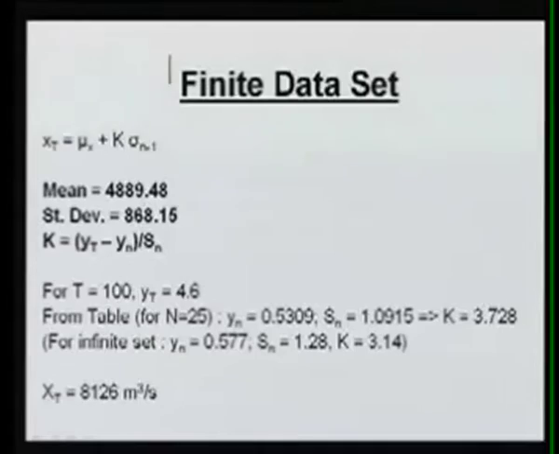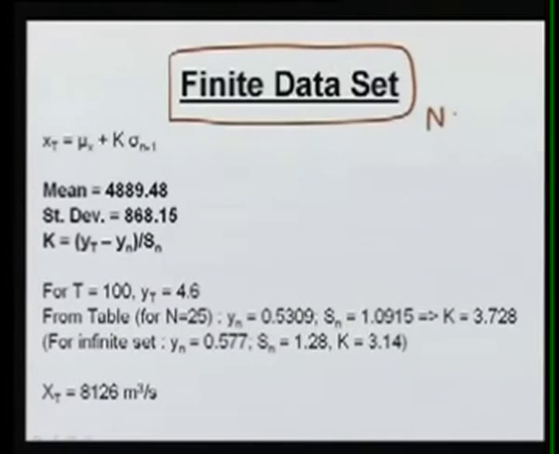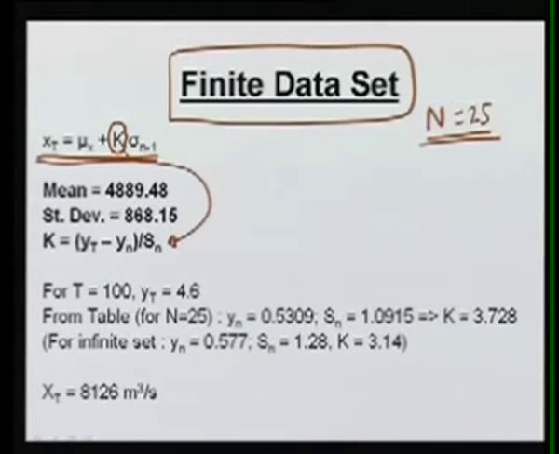Most of the times the data is not infinite, because Gumbel's distribution, the values which have been used there, were derived for an infinite set of data. But if we have finite set of data, then we need to make some corrections in the method. So if we have a finite data set, in this case, since we had only 25 years of data, we must modify the equations. So this is the equation which we use, saying that this factor k, which depends on the reduced variable y, mean and standard deviation,